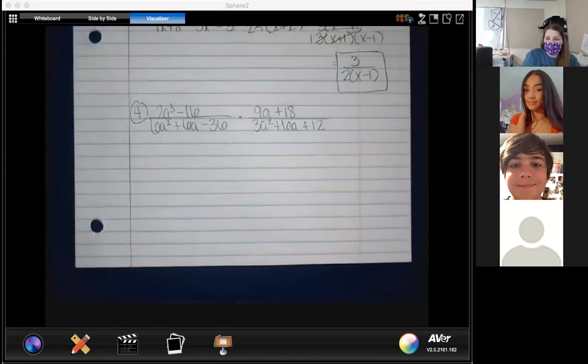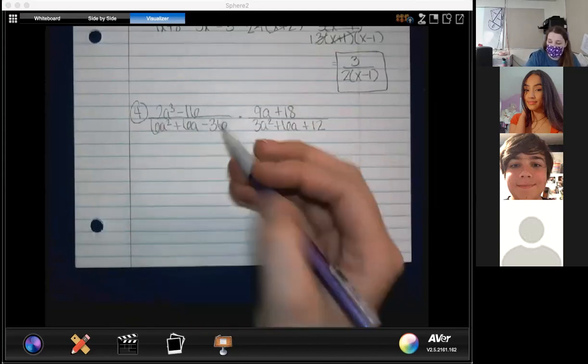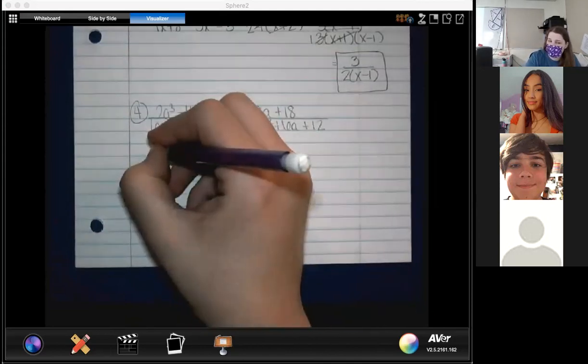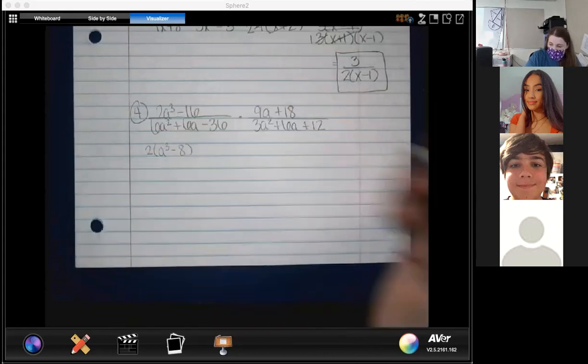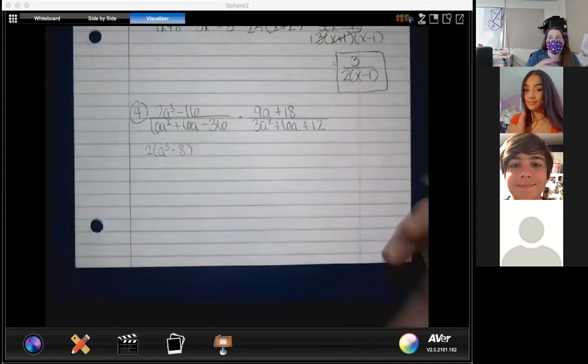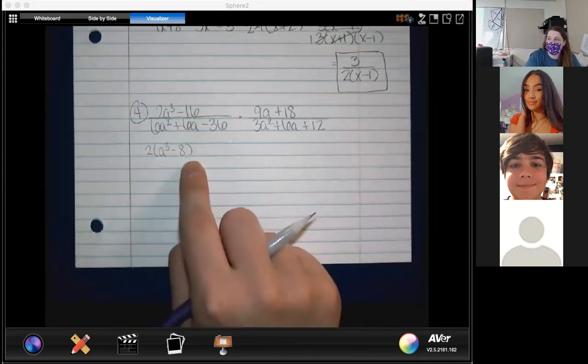Okay, let's start talking about what we got or what we should be doing. First we have the top left, which is 2a cubed minus 16. What type of factoring can we first start with? GCF of 2. We have 2 times a cubed minus 8. Can this be factored further? Hint, hint, it can be. Question is, do you remember your pattern? This pattern is based on the cube root of both of these numbers. The cube root of a cubed is a, and the cube root of 8 is,